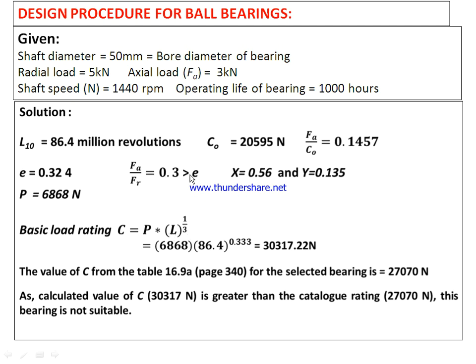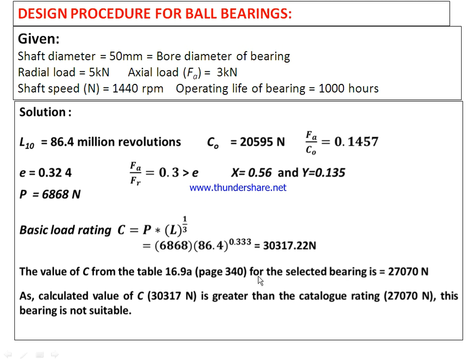So L we know, 86.4 million revolutions, P is 6868 Newton, and you will get C as 30,317.22 Newtons. Now referring to the tables, for the value of C for the bearing which we have chosen, 6210,